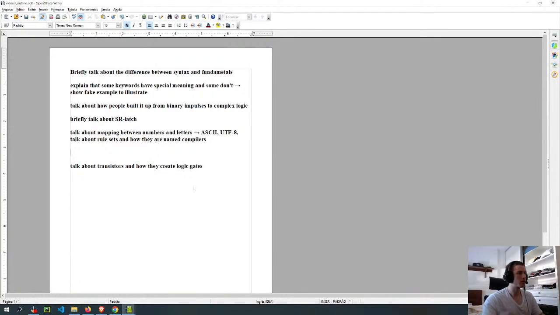And then I can talk about my goal of teaching in a certain way, as much as I can, to illustrate and highlight what is actually fundamental and what is the difference in syntaxes. Because every single language is going to have different syntaxes that represent the same fundamental concepts.